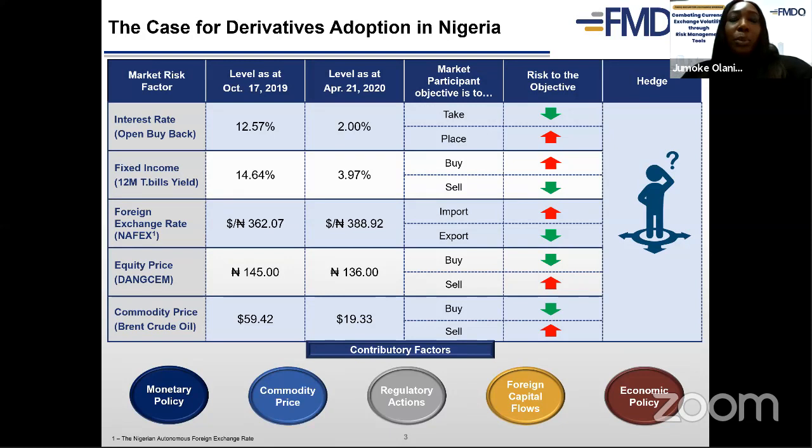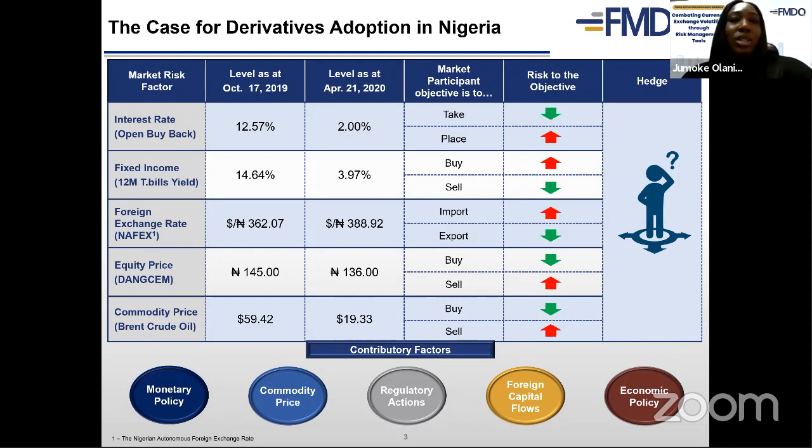I'll start with giving a picture of the Nigerian financial market landscape. What we've done on this slide is to show you a few key financial market parameters. These are parameters that show and gauge the direction of the market, or the temperature of a market, as you would. We've picked two very important and interesting dates. We've picked October 17, 2019, a week before the central bank circular on the bifurcation of treasury bills and OMO bills in 2019. And you can see what interest rates, fixed income, foreign exchange, and equity prices and commodity prices were as of this date on October